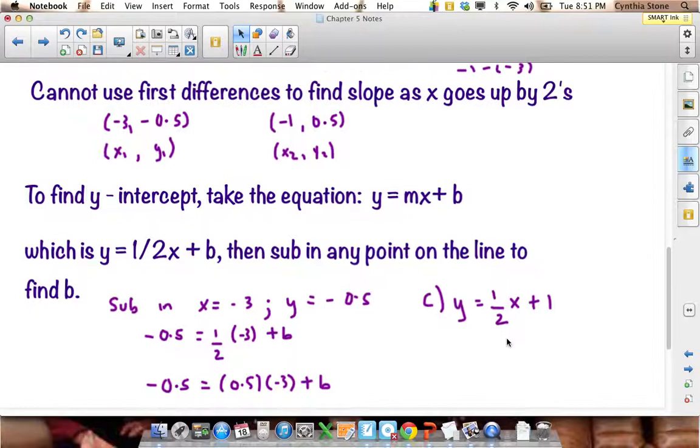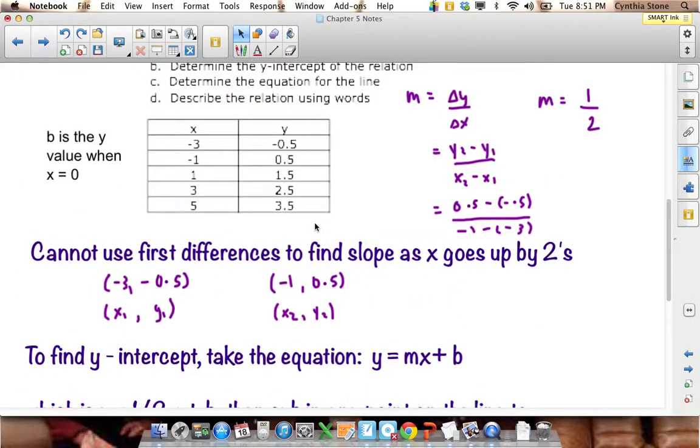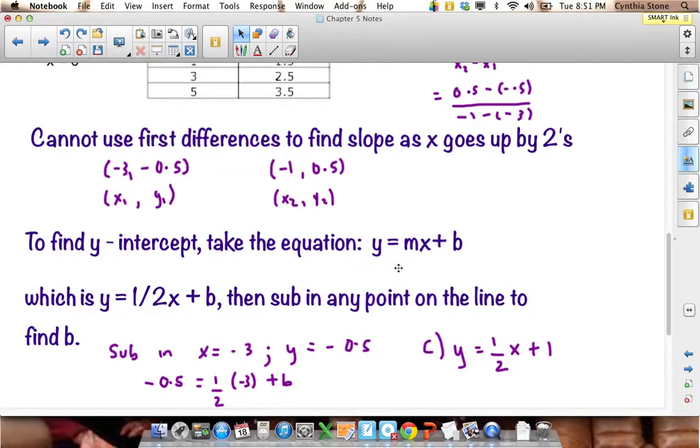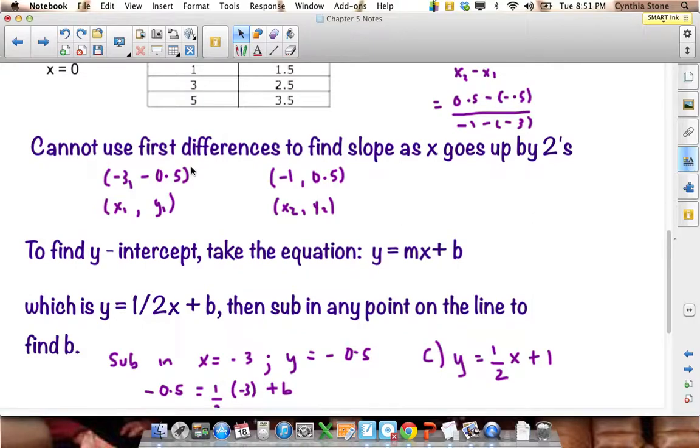So what I'm saying here is one way to find the y-intercept, if it's not given in the table of values, say it was numbers that didn't work out nicely, like you couldn't just take the middle one, would be to take the equation, and the equation that we know so far is y equals 1/2 x plus b, because the slope m is 1/2. And then you take any one point, and any of these is 1 point, right? Any set of data from the table of values, and sub that in for y and x,